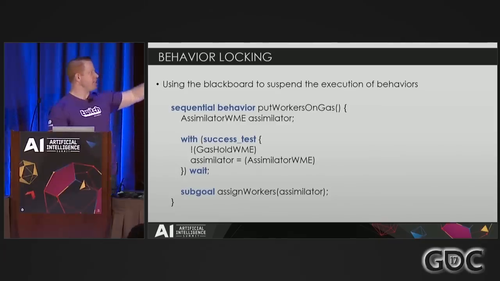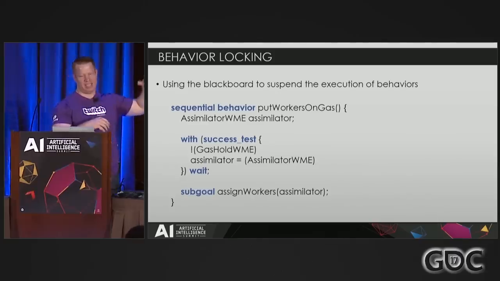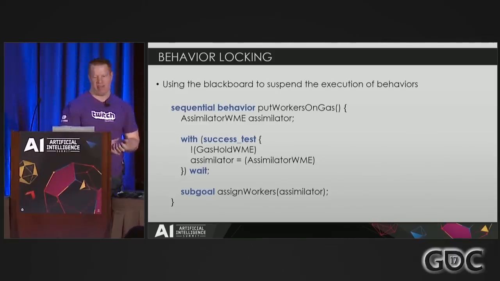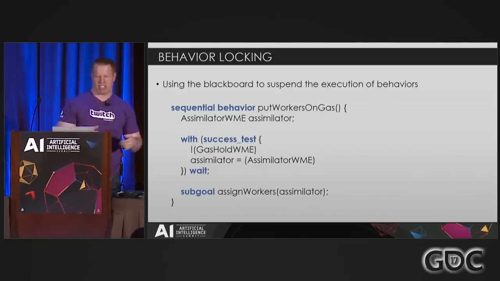The way this is going to work is, if there's an assimilator ready, it's going to proceed. But if there's not one yet, or if there's this element in working memory that says don't proceed, it's going to suspend the execution of that behavior. So it's a way of blocking other managers from executing. It's essentially a fancy decorator, but this suspending of execution is a great way to author behaviors,